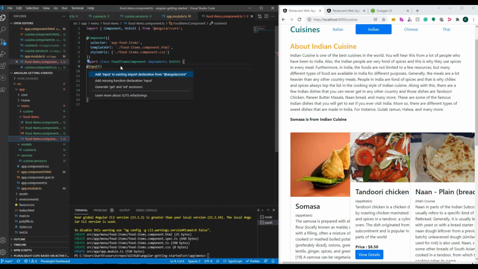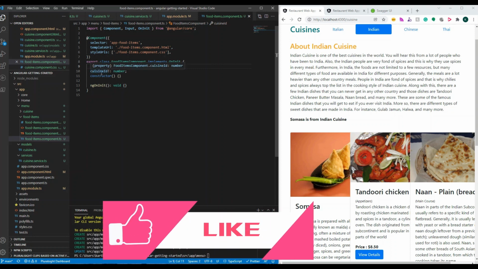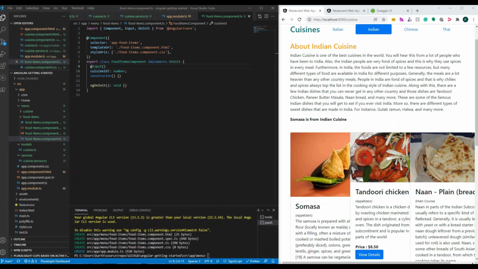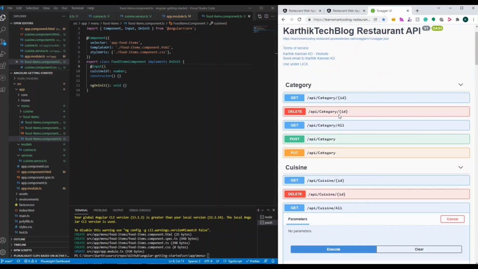Let's bring in the namespace. Okay, format the code. Right. The moment you declare Input for a particular property, it means you can pass some data to this property from another component. Now what I'm going to quickly do is, based on this API, create some